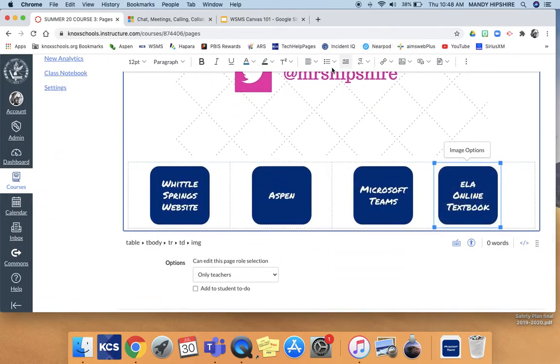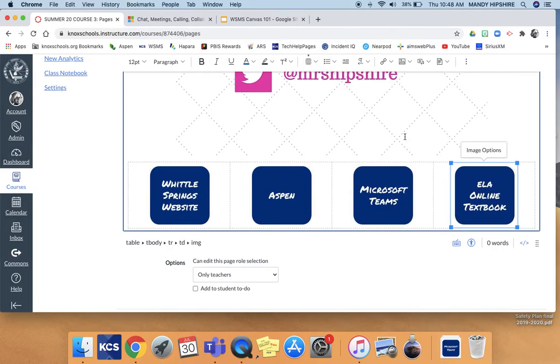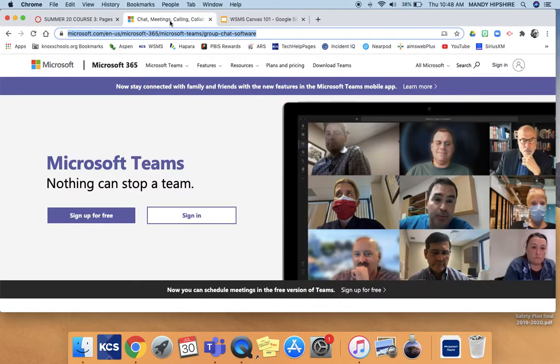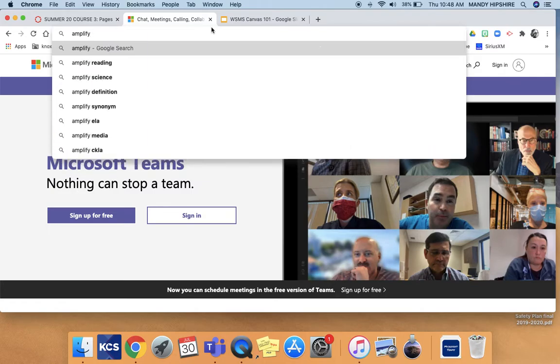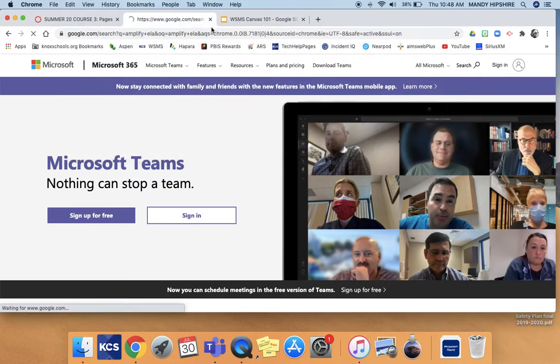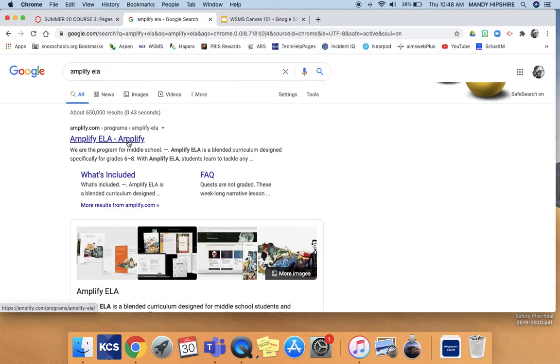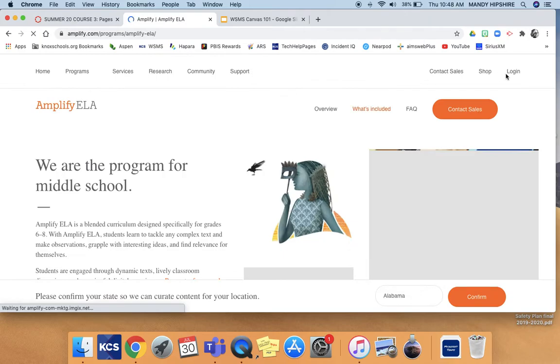And then for this, you're just going to want to make sure that you go to the correct login for your online textbook. Since all of these are really different, because some of us have Pearson, some of us have McGraw-Hill, and if you're ELA, we now have Amplify. So they're all going to be different. Oops, it's actually Amplify ELA. And you just want to make sure, like I said, that you go to where the login would be